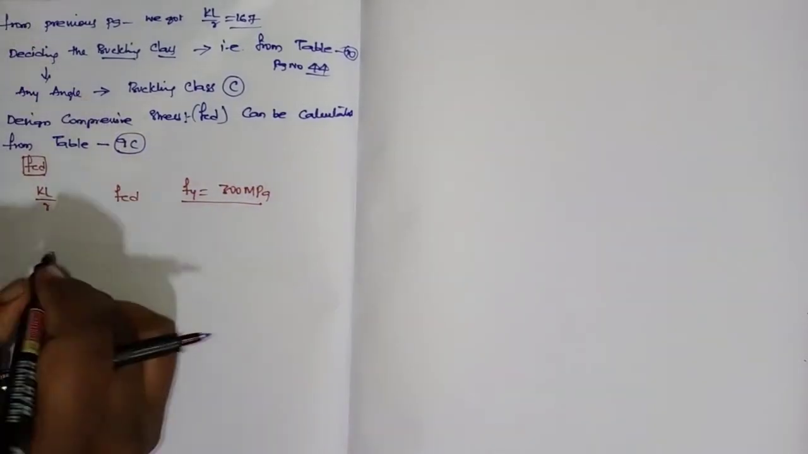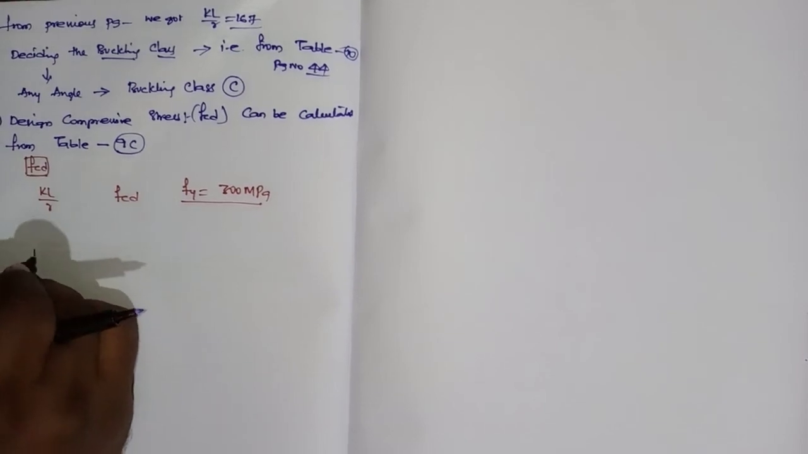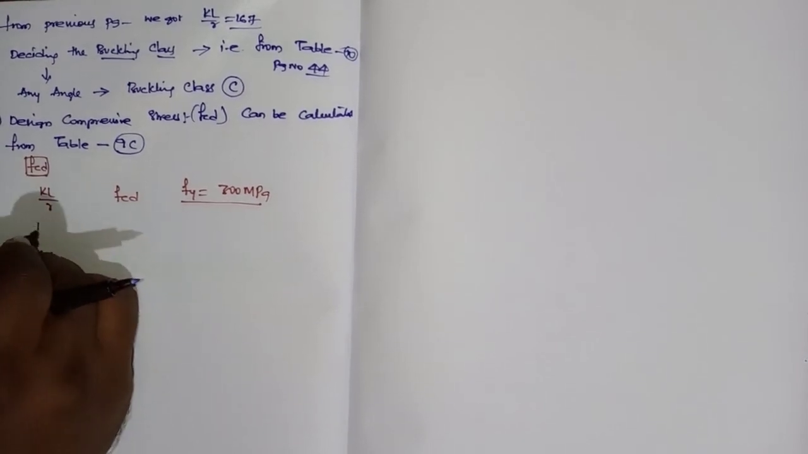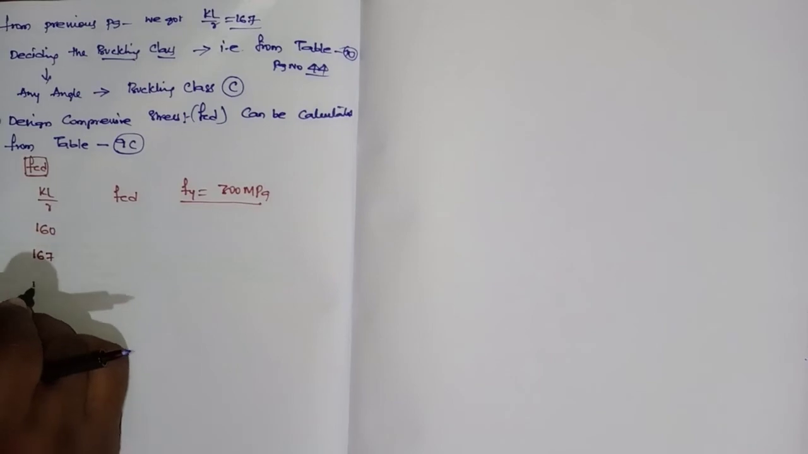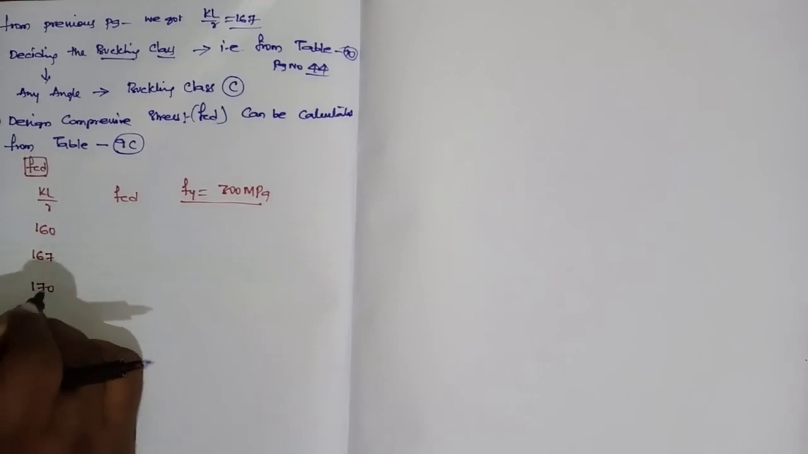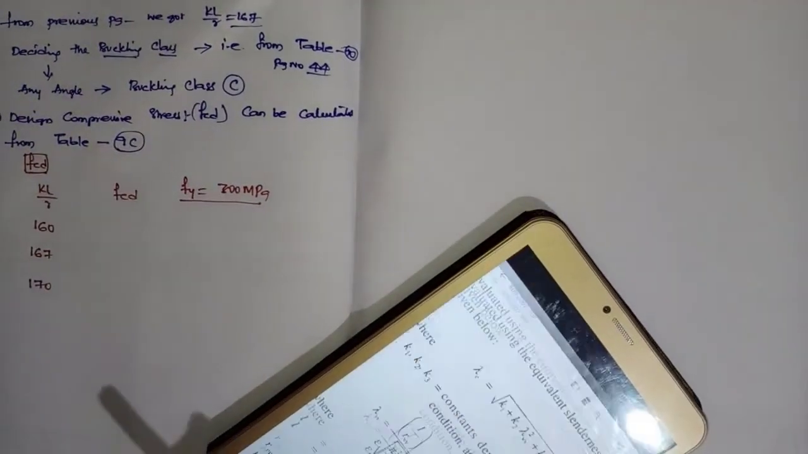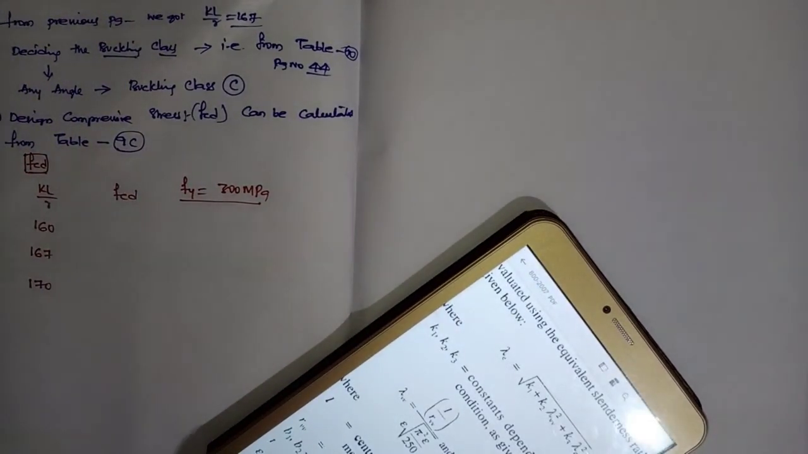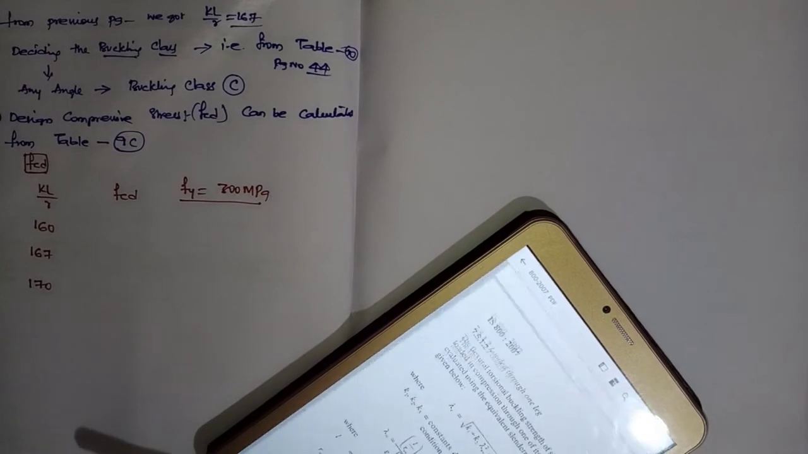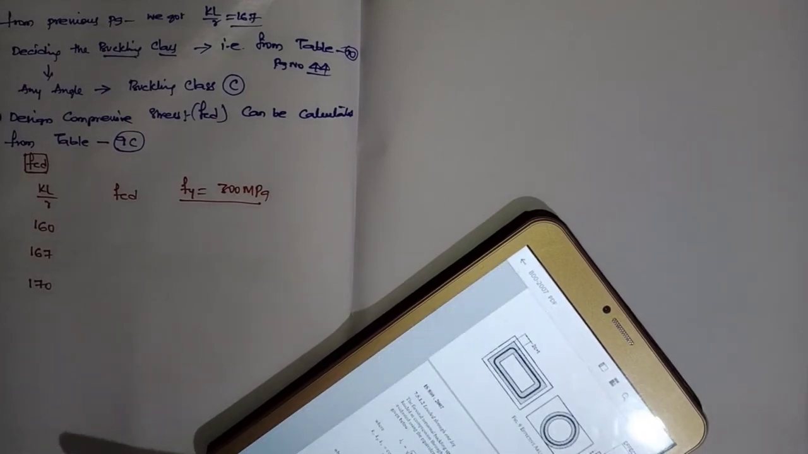What is KL? You got 167, which means it lies between 160 and 170. So here, right, this is